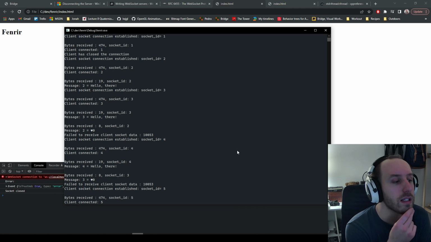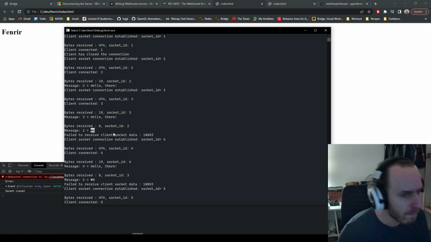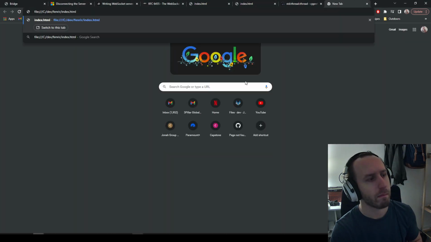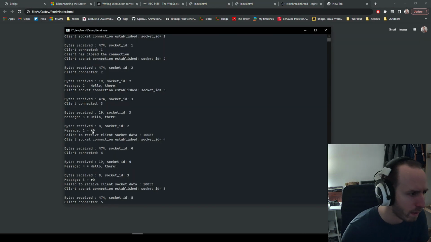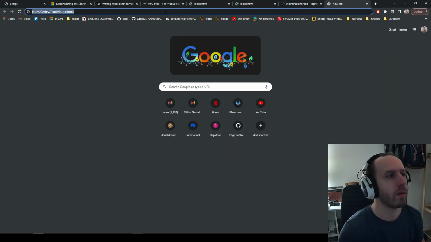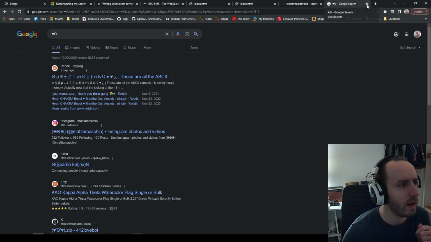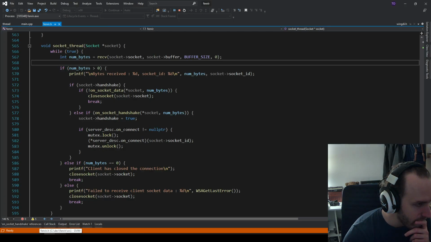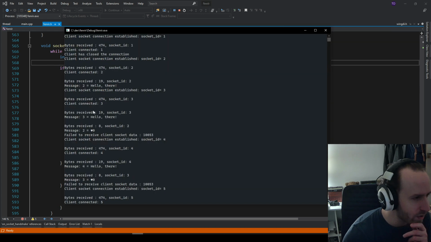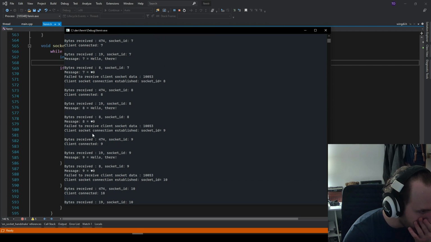What is this here? What's this message? 2 bytes. It's always 2 bytes, right? The error is always these exact same 2 bytes. This is making me wonder,